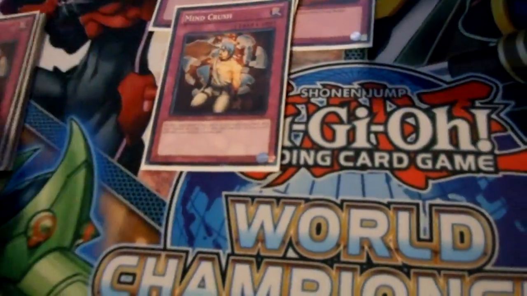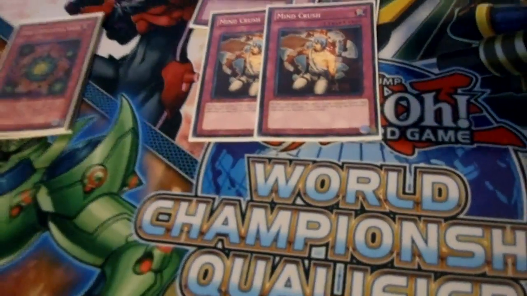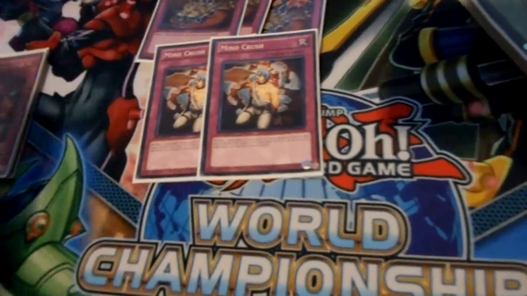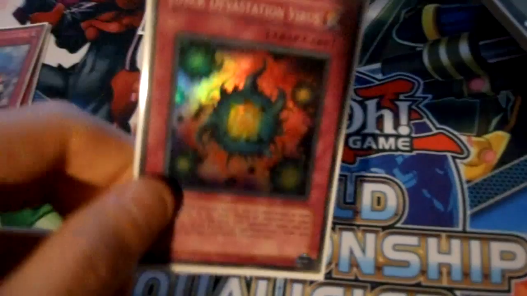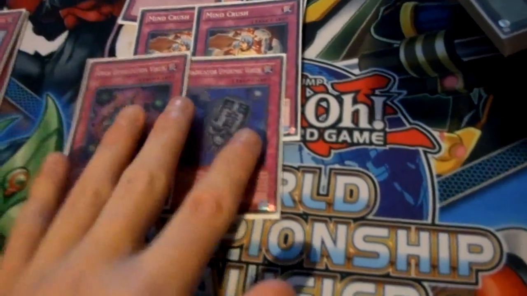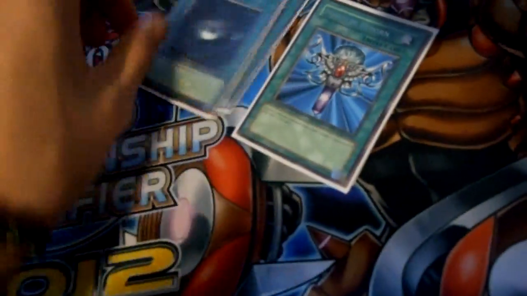And then I also play the double Mind Crush. Mind Crush is an absolutely amazing card. This card is so devastating turn 1, and it combos extremely well with these 2. I finally got this super. I'm happy about that. But it combos so well with these 2. I just want to... Opening up any of these...